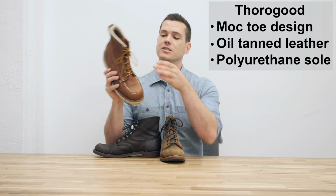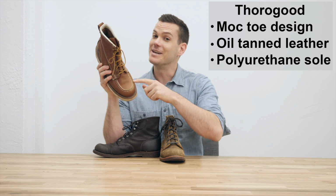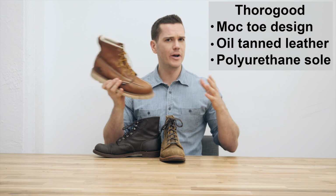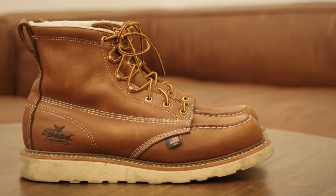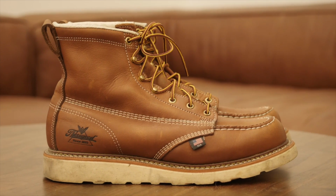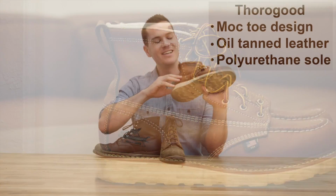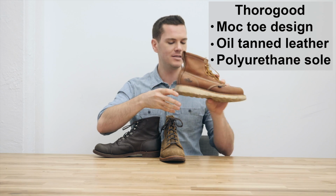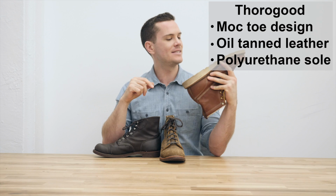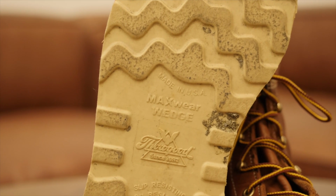Finally, the Thorogood Moc Toe, a super popular boot from Thorogood. Obviously, a big difference here is that it has a mock toe style. There's a lot more going on here as well. It's a lot more busy aesthetically, like there's stitching all over the place, all across the side. It's got a little American flag there as well. You've got the Thorogood branding on the side too. The leather is oil tanned leather, so it's got a little bit more in common with Redwing's leather than Chippewa's. And the undersole here is actually a polyurethane made by Thorogood themselves,